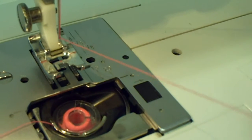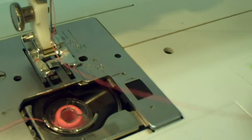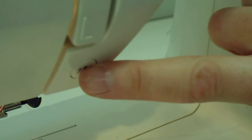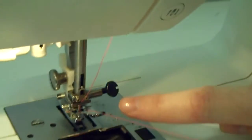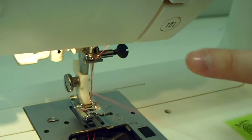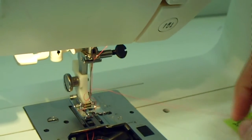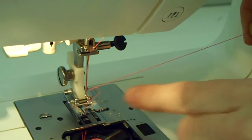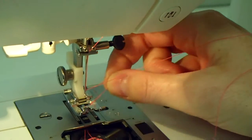You're going to pick up the bobbin, the top thread, and you're going to bring the bobbin thread up. How you do that is you hold your top thread and you push this little brown button right here. You're going to push it once and the needle's going to go down. You're going to push it again and the needle's going to come back up. Pull up on your top thread and you see a little loop there. You're going to pull that loop out of there